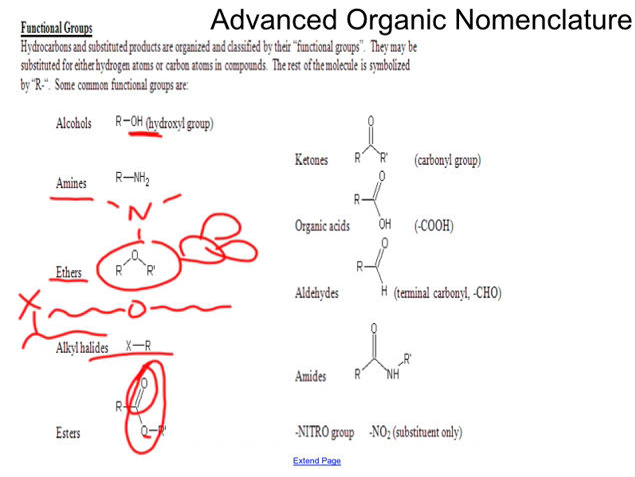Ketones. Now, the carbonyl group is the C double bond O group. If the carbonyl group is within the chain, it's a ketone. If it's terminal, where the C double bond O is terminal,